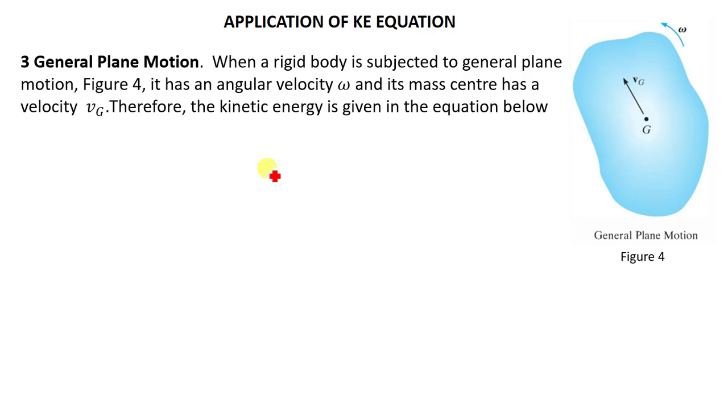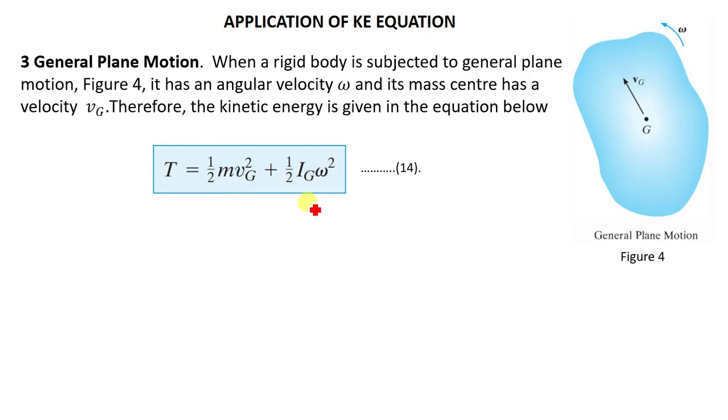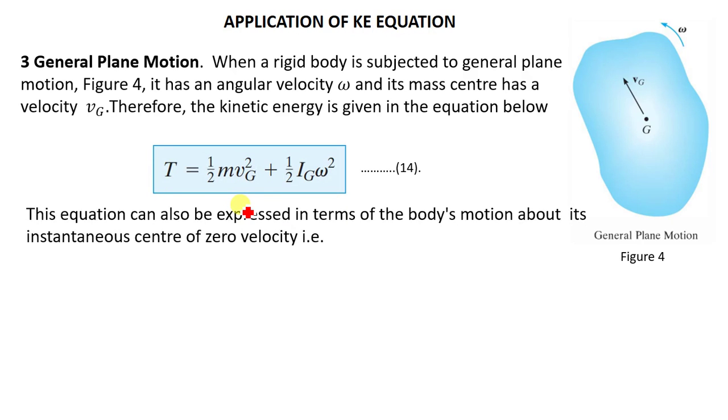Therefore, the kinetic energy is given in the equation below. So the kinetic energy will still be the same. General plane motion is similar to what we previously discussed, meaning the body has both translational and rotational kinetic energy. So this equation can also be expressed in terms of the body's motion about its instantaneous center